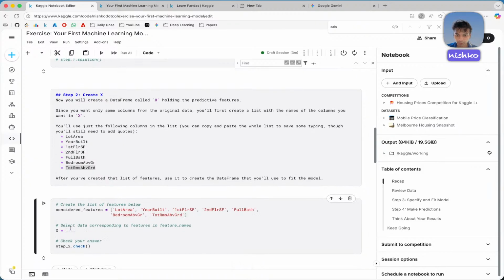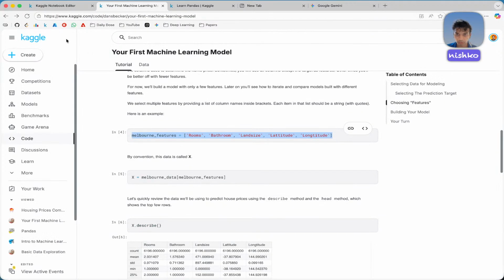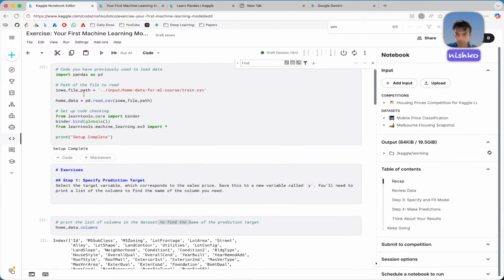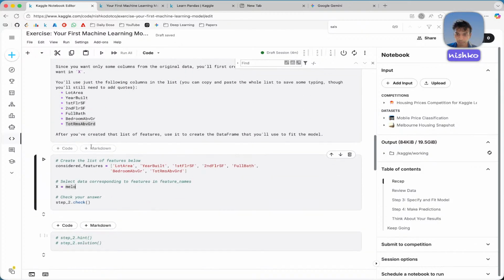Select the data, and how did I select this? Describe. Okay, X is equal to Melbourne data with these features set. X is equal to Melbourne data. Okay, I will name it housing underscore data dot with these considered features,